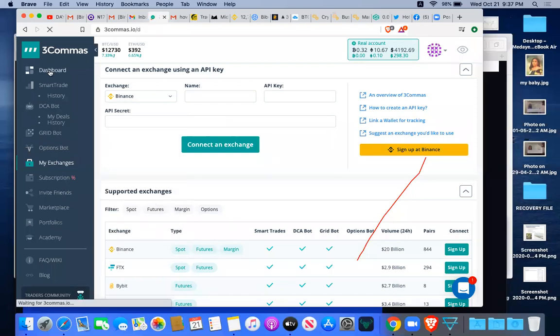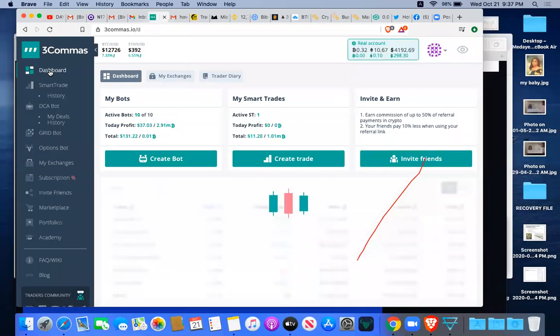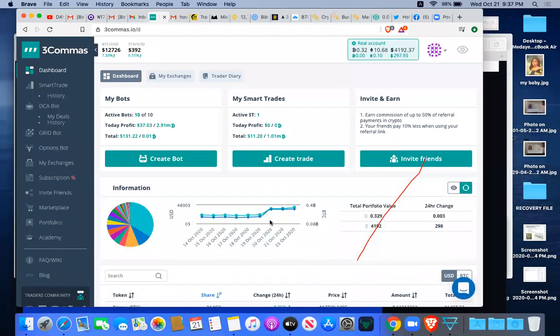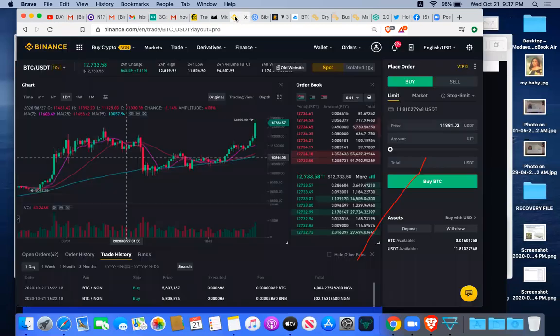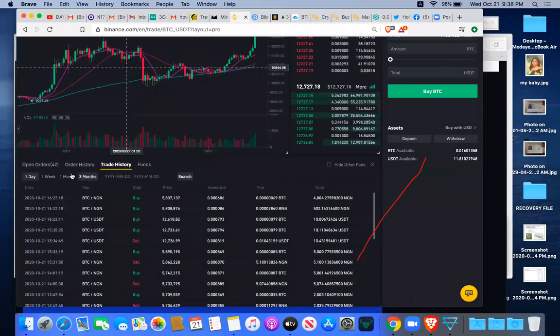Now, I told us the other time, what I practically do is trade using dollar cost averaging. Let me go to my Binance and show you guys something. If you see my Binance, you see how many trades opened? 42, right? Depending on what setting I give, both Naira, USDT, and BUSD, I traded BTC to all of those stable coins.